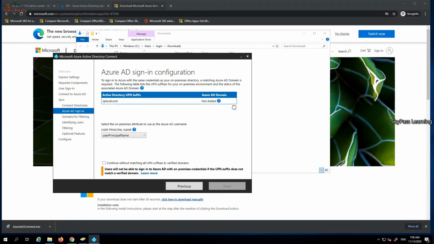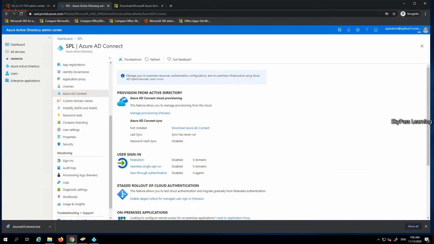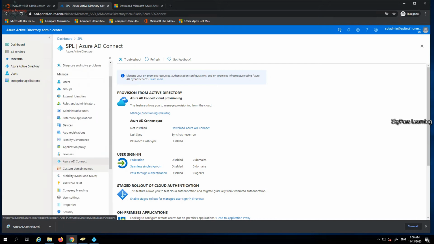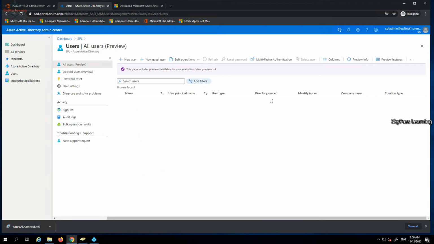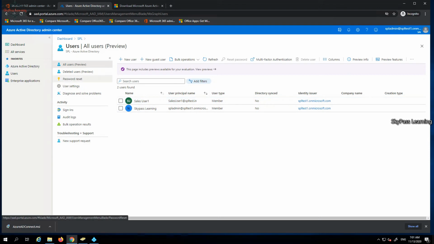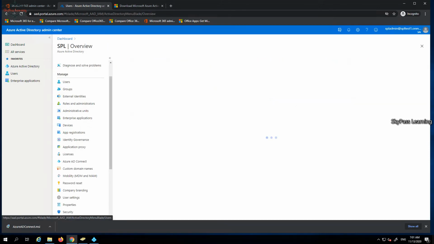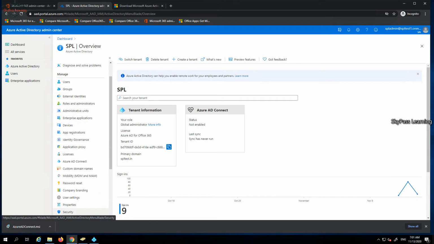You can see it's not in Azure AD. This is the message you will be getting. Let me go back and show you what I have in my Azure AD. In my Active Directory information, if I click on my existing domains or from the users itself, you can check it. I have a default domain, spltest.in only. This is the challenge which I can see here, and obviously you will be getting it too. So first I need to add this as a UPN suffix in my Active Directory.